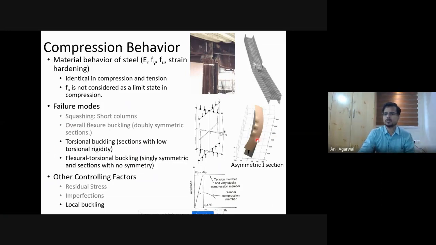When a member undergoes local buckling, this is how it typically looks. You can see in this beam, the flange has buckled locally, and only one side of the flange has buckled because, even if it was subjected to compression, typically it will be combined with some kind of buckling. When the buckling happens, one side is in compression, the other side is not in so much compression. So in the direction that it buckles, that's where you are likely to see some kind of local buckling happening. Same thing you can see here.